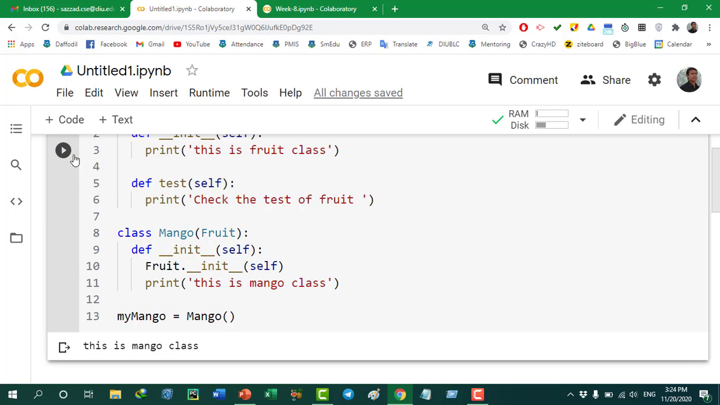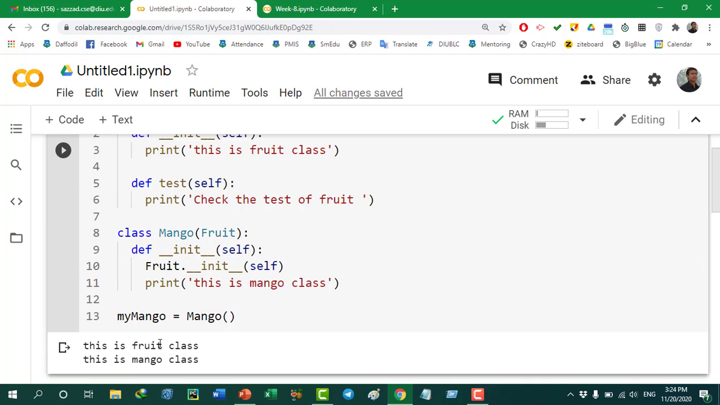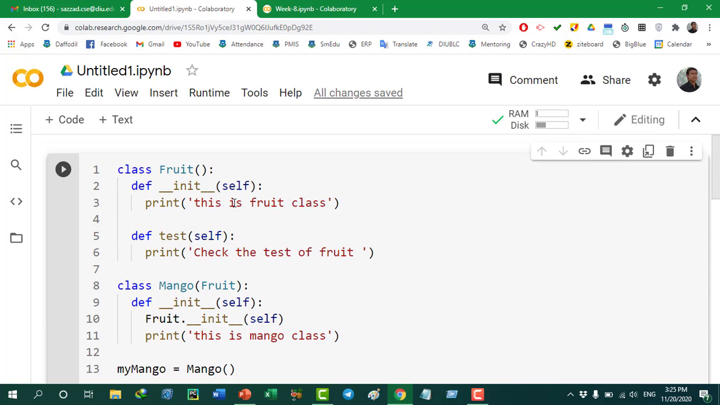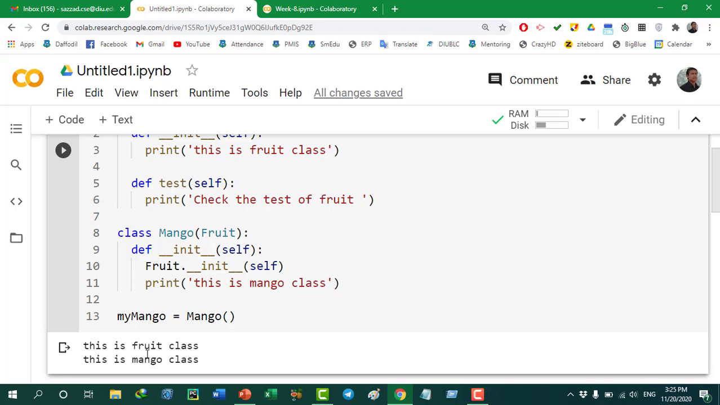And now if we run this code, you can see first of all it is showing that this is fruit class, that means the message from the parent class, and then it is showing that it is a mango class, that means from itself. So that's how we can actually access all the methods from the parent class. If we want to access the other method that exists in the parent class, which is test, we just need to add it, like